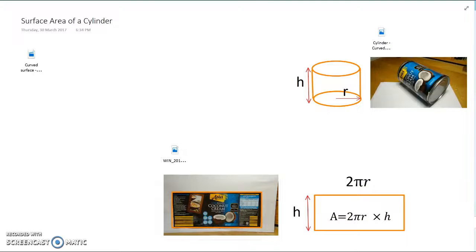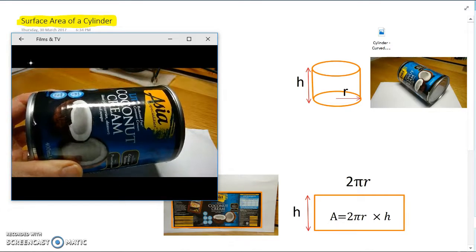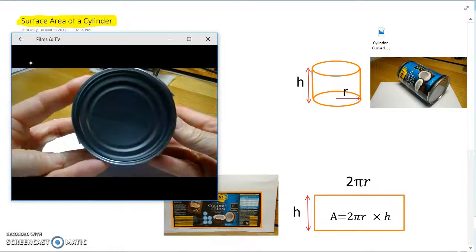Okay, we're going to have a look at surface area of a cylinder, and in particular the curved surface. So that's what we're doing at the moment. We looked at it briefly in a quiz the other day, so that will give you a heads up. So remember I said to think about a can. So here's a can, just an ordinary can, and it's in the shape of a cylinder, and you can